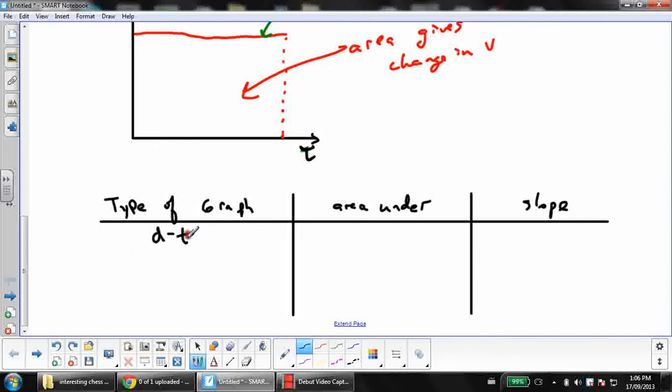If I'm dealing with a DT graph, the area under it is nothing, and the slope of it is v. If I'm dealing with a VT graph, the area under it is d, and the slope of it is a. And if I'm dealing with an AT graph, the area under it is v, and the slope is nothing. It's actually a jerk, but it's not of interest to us. So this summarizes all the information that we can get from the different types of graphs, DT, VT, and AT. And you will have to do it on a bunch of